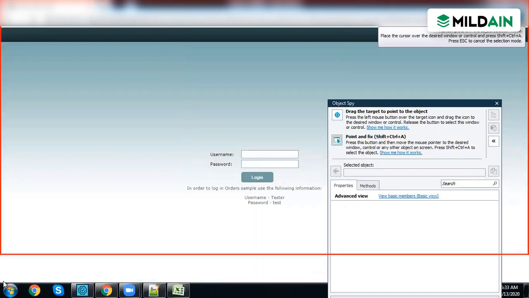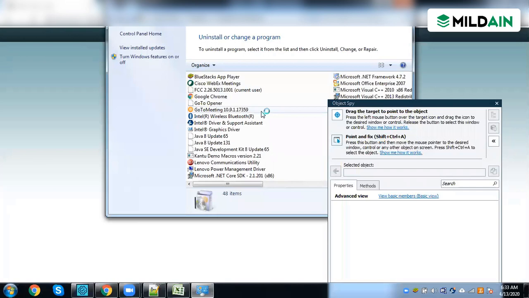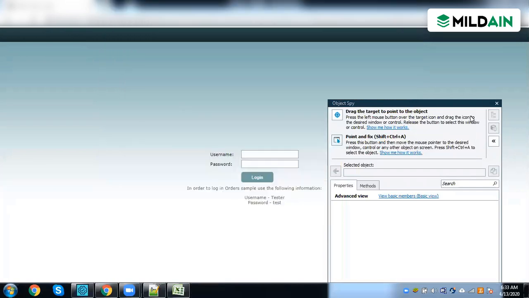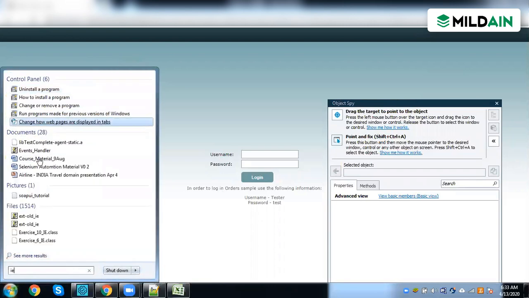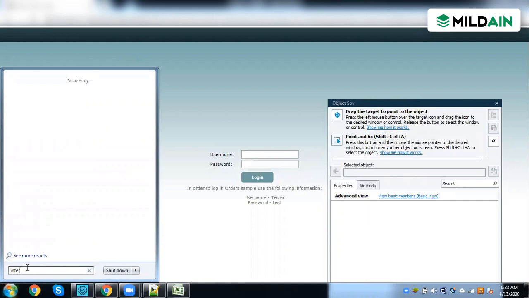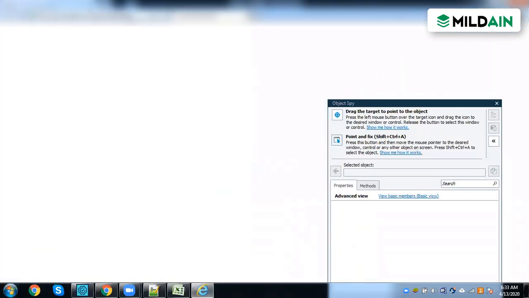Okay, I'll just open an IE. Chrome requires an extension. I've added the extension.